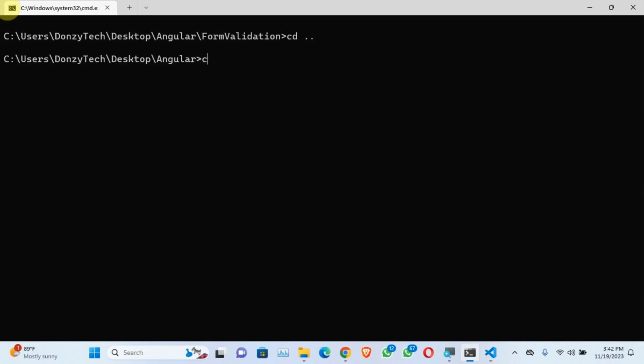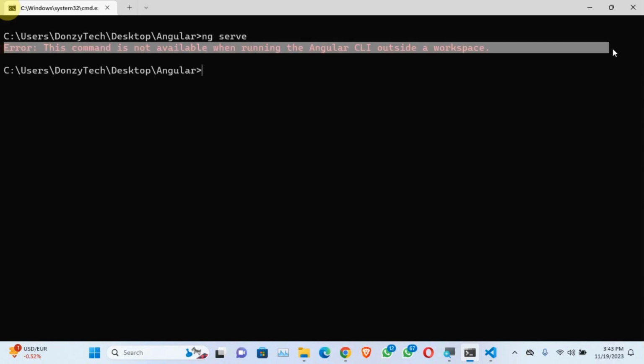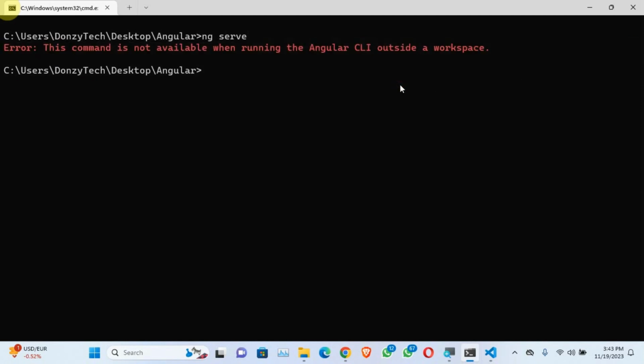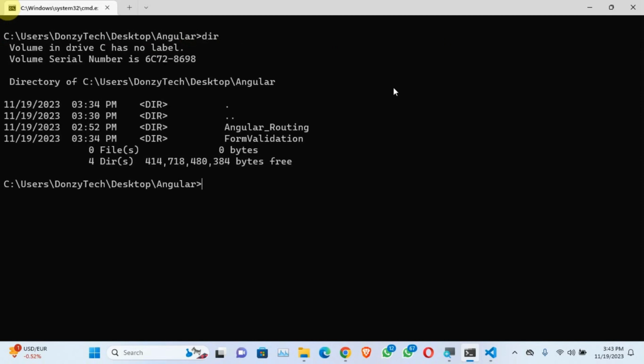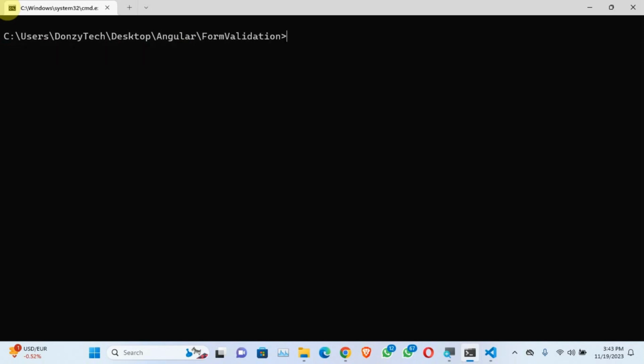So let me quickly explain this and then clear the screen. All right. So anytime you run ng serve and you get this error, it means that you are outside an Angular project. You always have to be inside an Angular project before you'll be able to run your server. So anytime you are done creating your project, you have to cd into the project folder. Let me do dir to see the folder name here, form validation. All right. So you do cd and the project name. So in this case, we have form validation. So any project you have created, you have to make sure you cd into that project before you'll be able